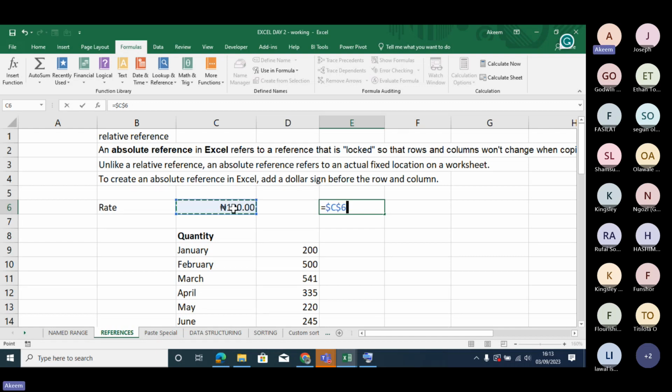Is it working with you? Can you see dollar sign in front of it? $C, $6. That shows that you have locked that cell. Now, if I copy this thing to the right,